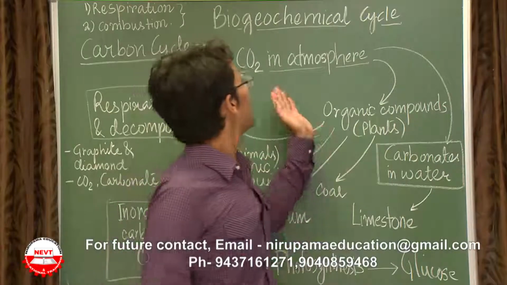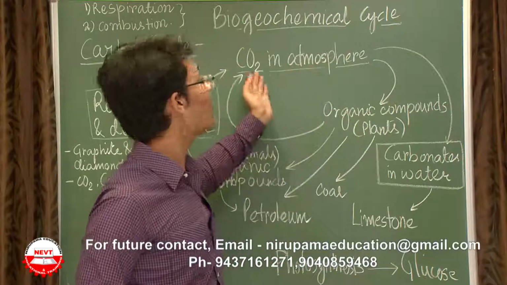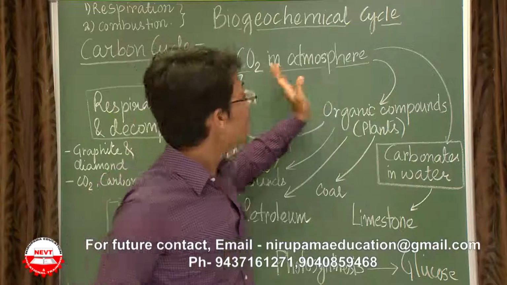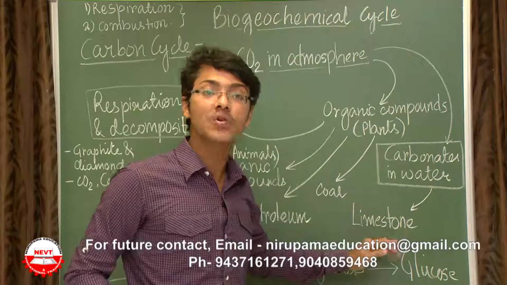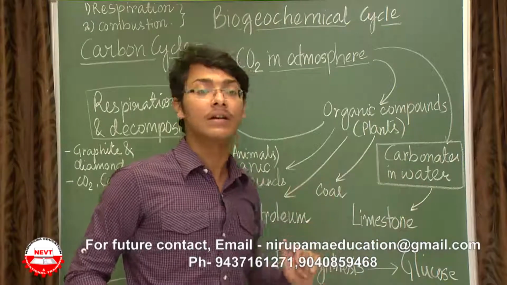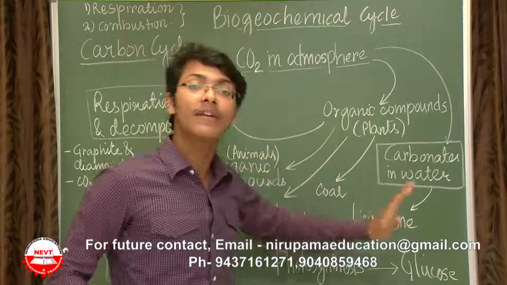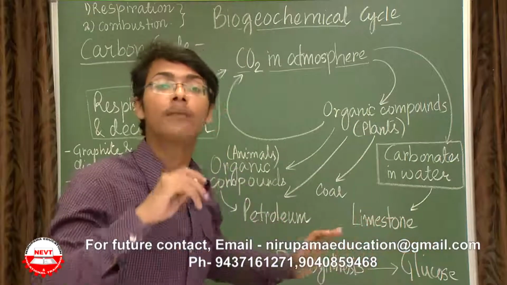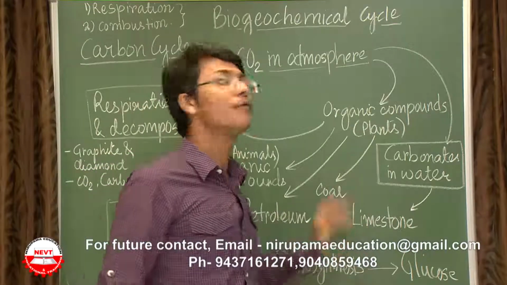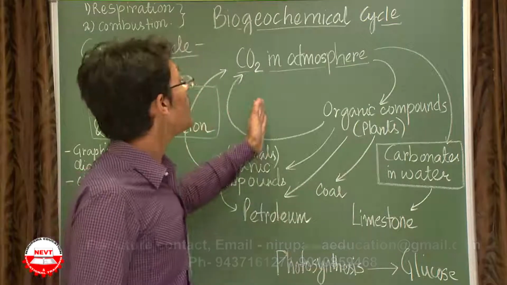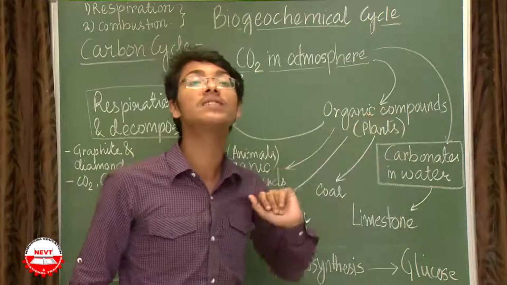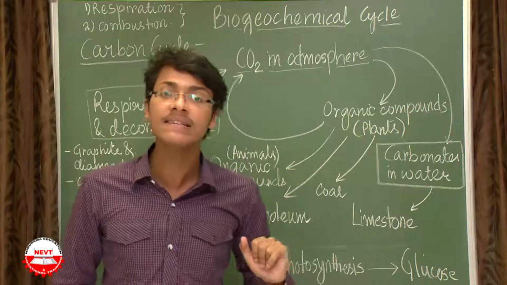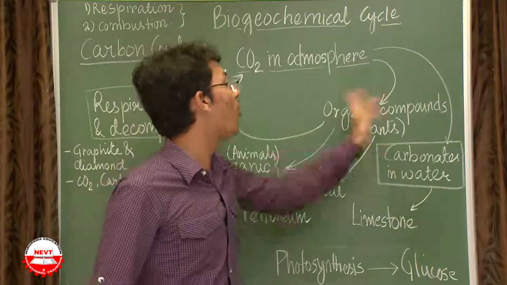Carbon is in the atmosphere, so you can see carbon dioxide in the atmosphere. This carbon dioxide in the atmosphere is made into limestone when it reacts with water. When carbon dioxide reacts with water, it forms carbonates and thus forms limestone. Whereas this carbon dioxide can be assimilated by the plants through the process of photosynthesis, and it can form organic